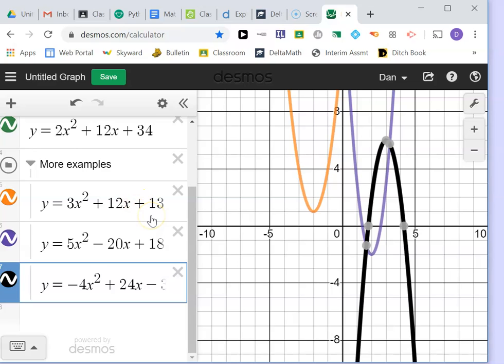With this one, first I found out that the horizontal shift was: take 12, cut it in half, you get 6, make it -6, and then -6 divided by 3 is -2. So we found the horizontal shift of left 2, -2. And then how do you find out what this is without graphing it? We can tell it's 1 right here, but how do you find that out? Well, what we'll do is put in our -2 for x right there and x right there, and then see what we get. So let's go back to our calculator